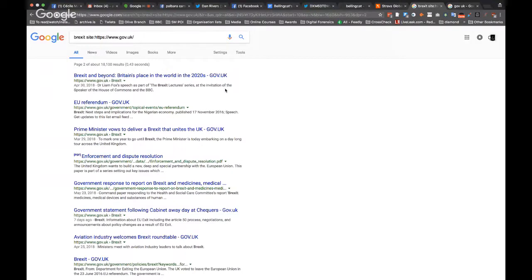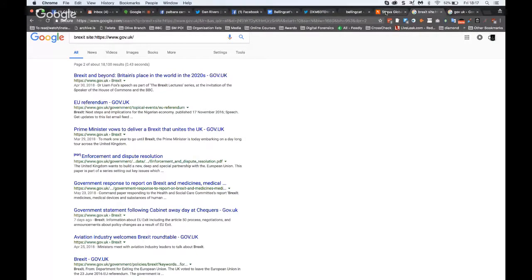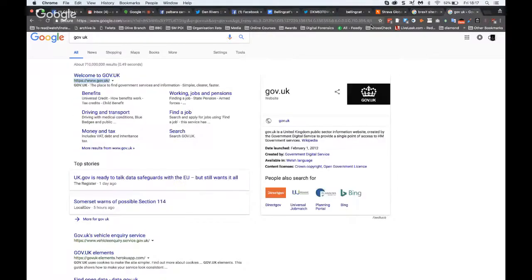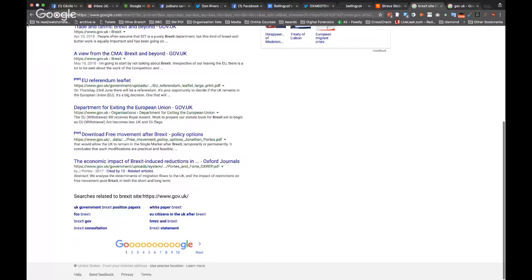Sometimes they don't index all of what they have on their website, whereas Google has been indexing much more of the website content. Therefore, if you can't find something on a website, it doesn't mean it doesn't exist. Maybe the search option on that website hasn't indexed it. So try the advanced search and the site domain option on the advanced search.